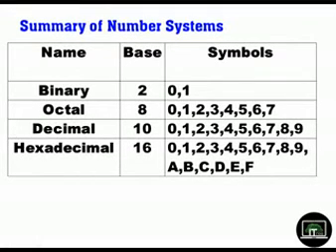The summary of the number systems. Basically, we have discussed 4 different number systems. First one is the binary. Binary, the base is 2, the symbols are 0 and 1. Then the octal, the base is 8, the available symbols are 0, 1, 2, 3, 4, 5, 6 and 7. Then the decimal, what we use day to day life. The base is 10, so we have the symbols 0, 1, 2, 3, 4, 5, 6, 7, 8 and 9. Then the hexadecimal, as you know, this has 16 different symbols, the base is 16. So the symbols are 0, 1, 2, 3, 4, 5, 6, 7, 8, 9. Then A, B, C, D, E and F.